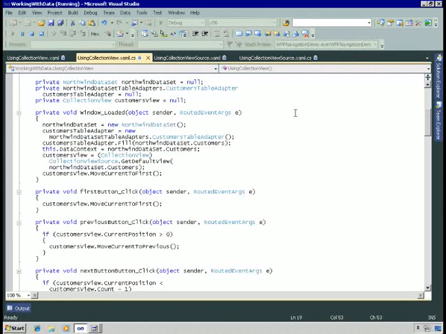I have three declarations. Northwind Dataset is an instance of the Northwind Dataset class. I have the customers table adapter, and then I have customers view, which is an instance of the collection view class. And then when the window loads,